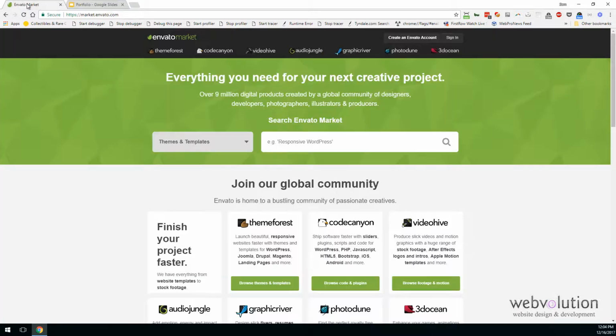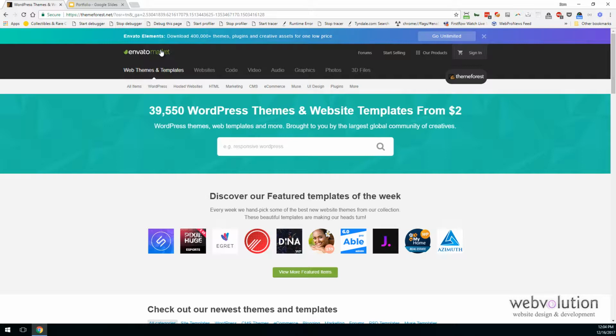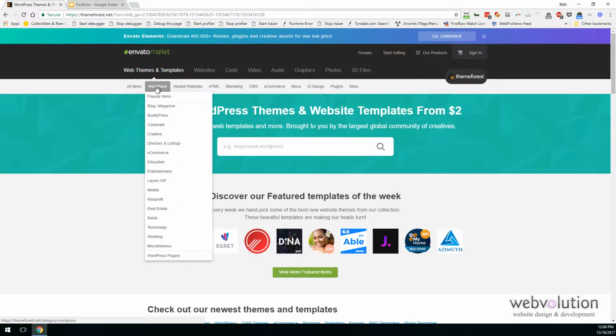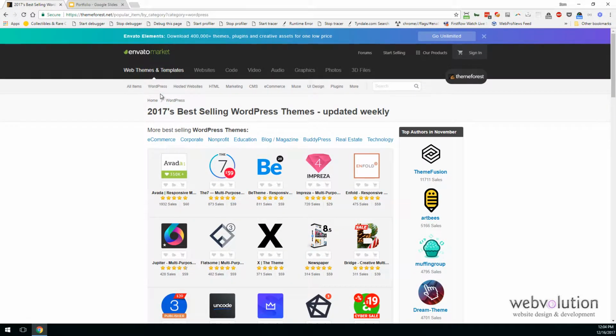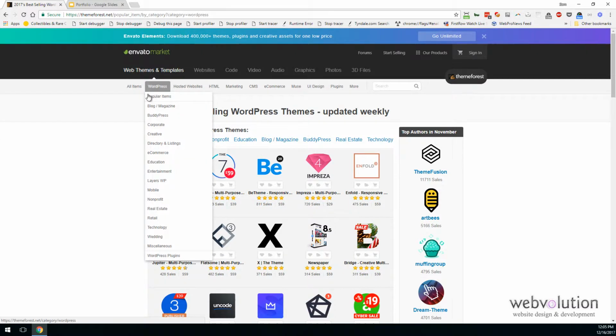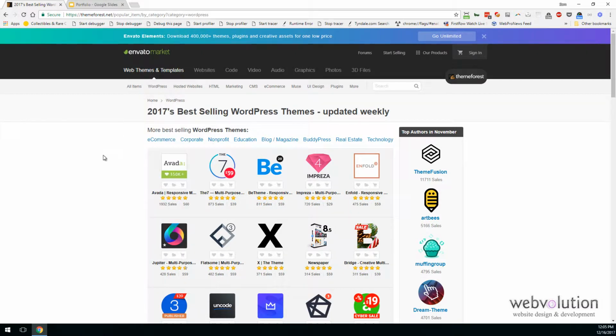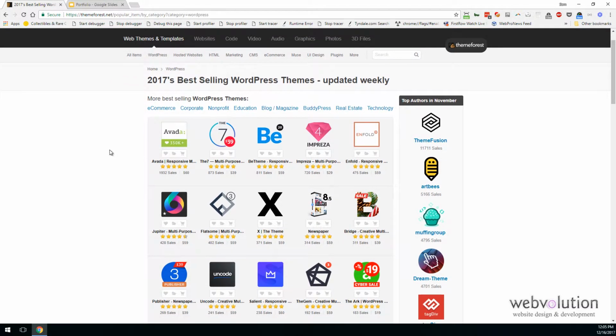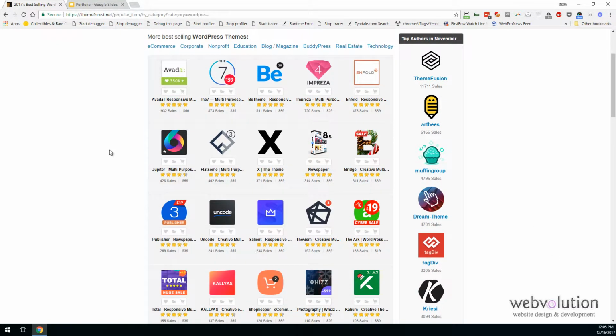So I'm going to go to ThemeForest. We'll select theme, and we're going to start analyzing a couple themes. So we want to go under WordPress, and I'm going to choose popular items. We'll look at some of the more popular items, popular themes that ThemeForest has to offer. I'm just going to select a couple that I've looked at in the past, but by no means am I endorsing one or not endorsing one. These are basically just examples to demonstrate the vetting out process that I use in terms of vetting